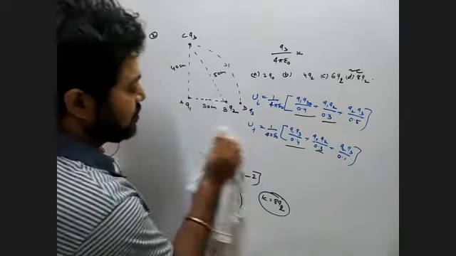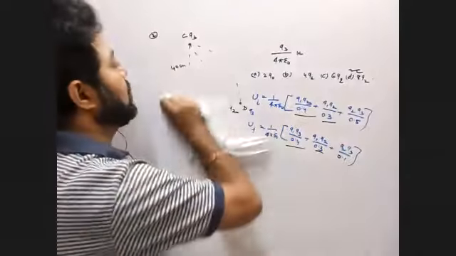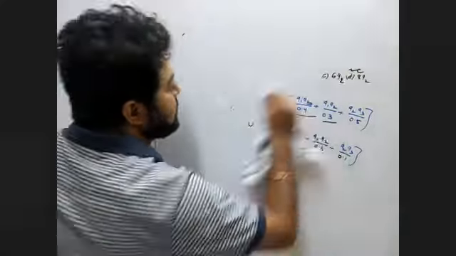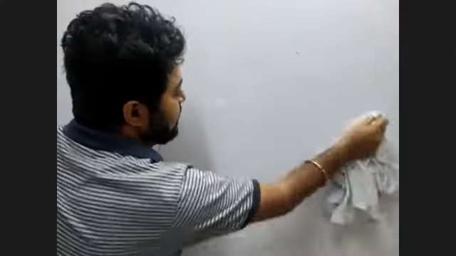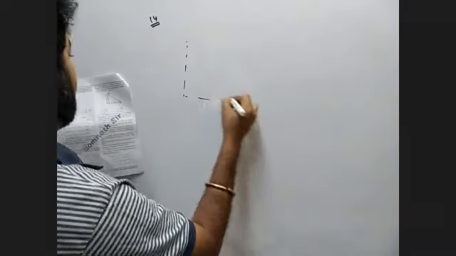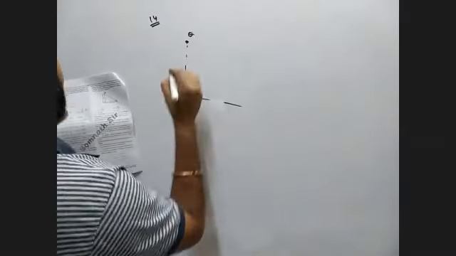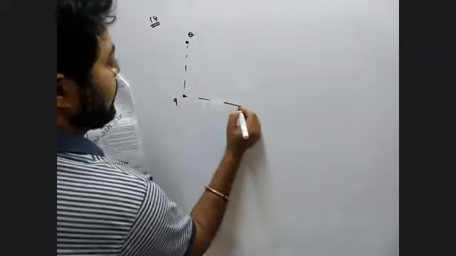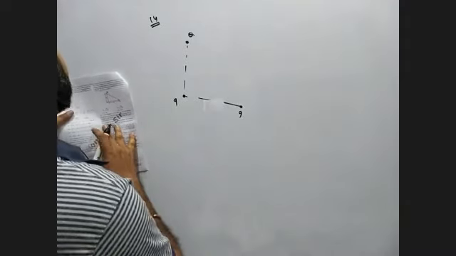Okay. One more question. Now I want you all to try this question. Question number 12. See what happened in this question. It's a very simple question. Not 12, sorry, question number 14. The question is that three charges Q, small q, and small q are placed at the vertices of a right angle isosceles triangle as shown in the figure.